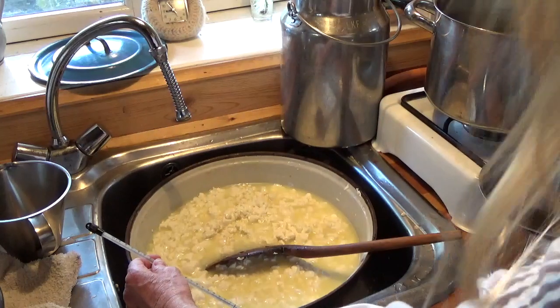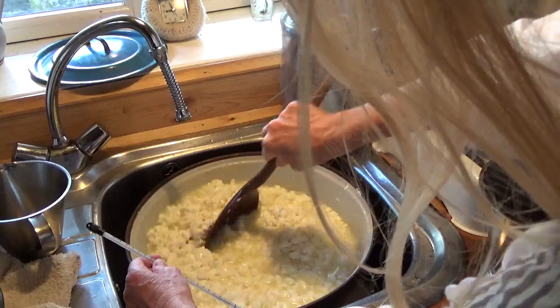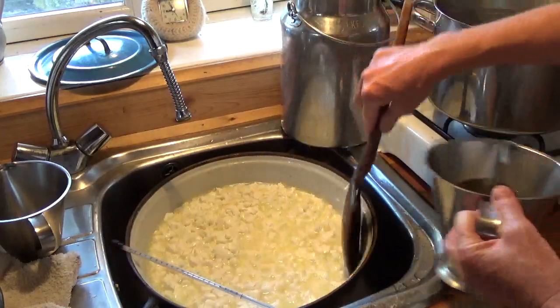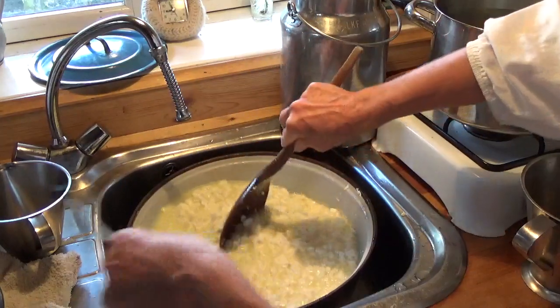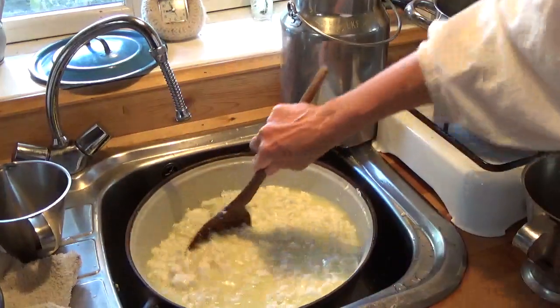So, okay, we got it up to, we can get it a little bit higher, I think. Just a little bit higher. Okay. So now we're going to take off some of the whey, and the whole idea of taking off,